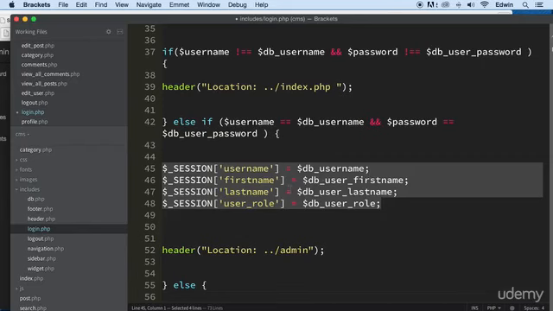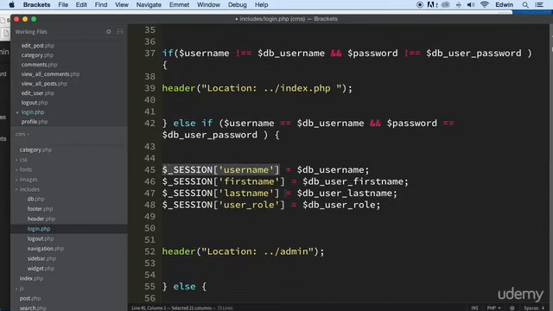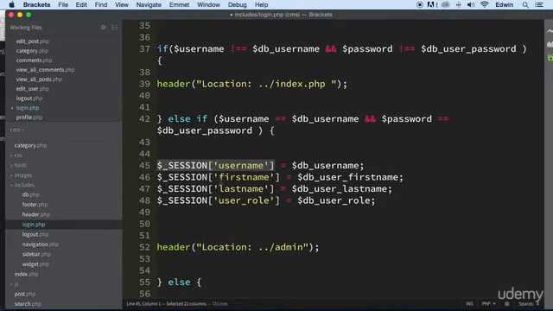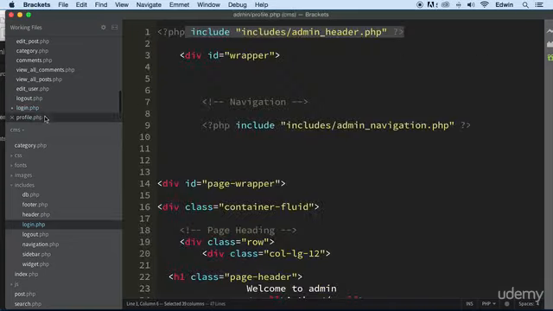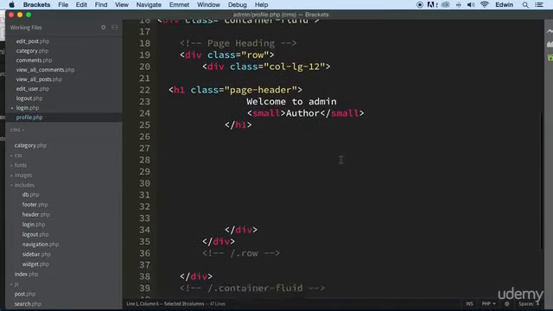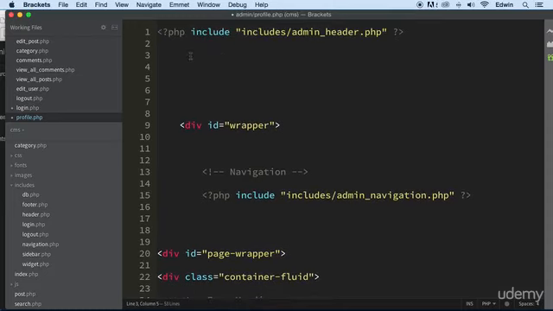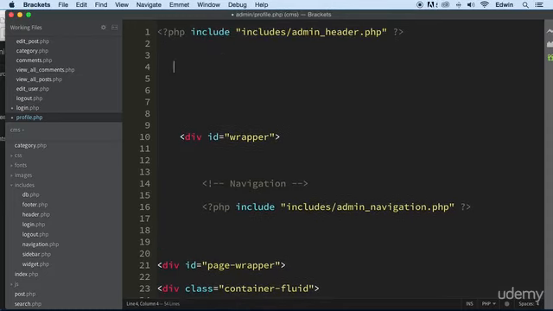So we can pull that information out, right? We can do a query and compare it and pull information out of that. So let's go ahead and use those sessions right there. Let's go to profile.php, and right here on top, actually before the wrapper div, we want to check for that session. So let's say if it's set,